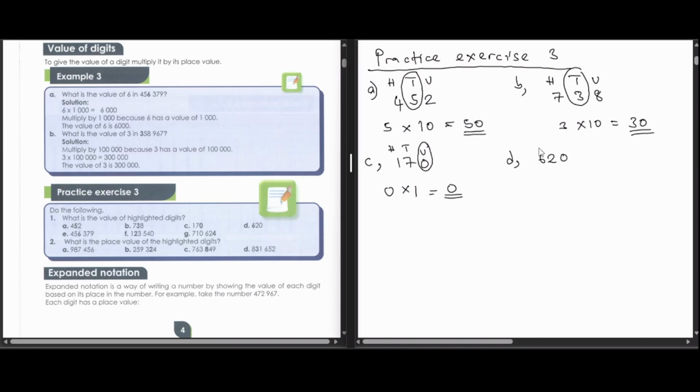620, highlighted is the 6. We can all see kuti ari under hundreds. So 6 times 100. The value of 6 ingori 600. Andika? E